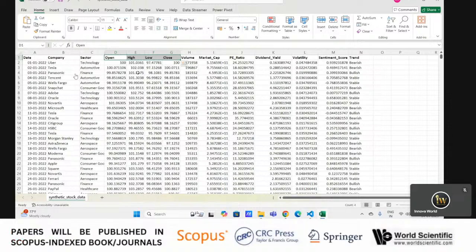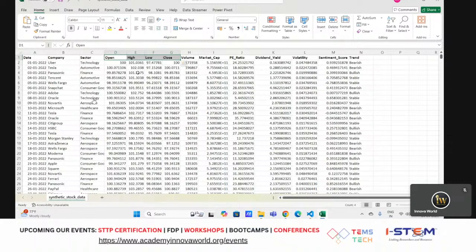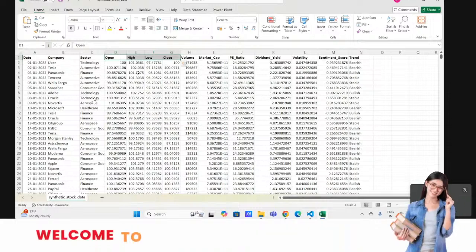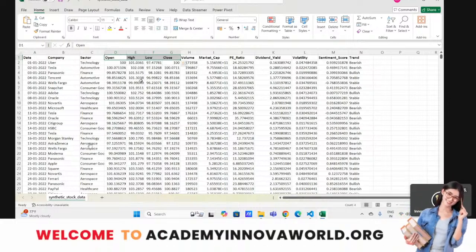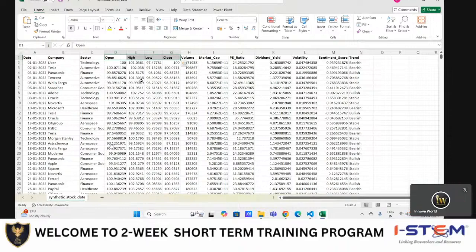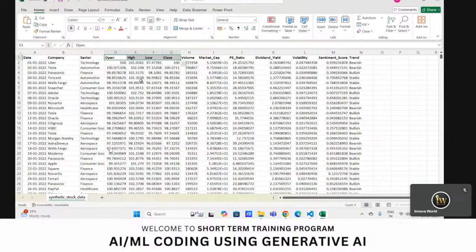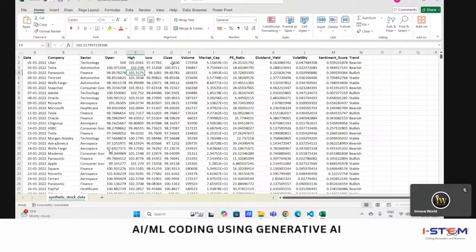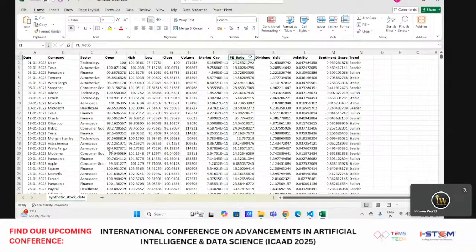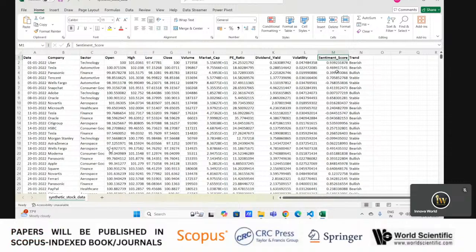In every time frame, let us suppose it may be 5 minutes or 1 minute or half an hour, whatever time frame you choose, the price movement of a stock in between that time frame is generally described by the candlestick. I'm not going to discuss what a candlestick is. Basically, these are the data: open, high, low, close, volume, market cap, P/E ratio, dividend yield, volatility, sentiment score, and trend. These are the different